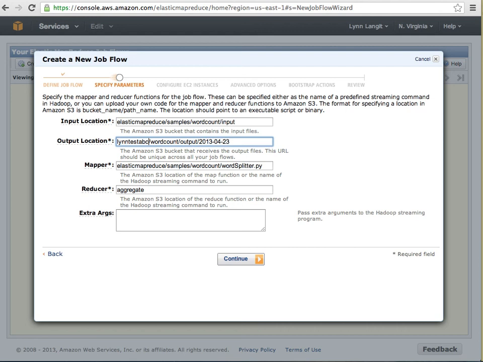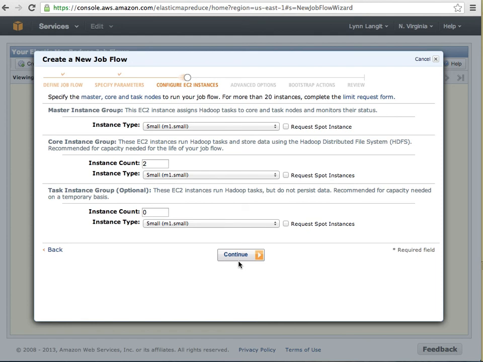So I've configured the output location to an existing bucket, and then it's going to create these output folders as well as the output when the job runs. So I'm going to go ahead and click continue. And now I'm going to specify